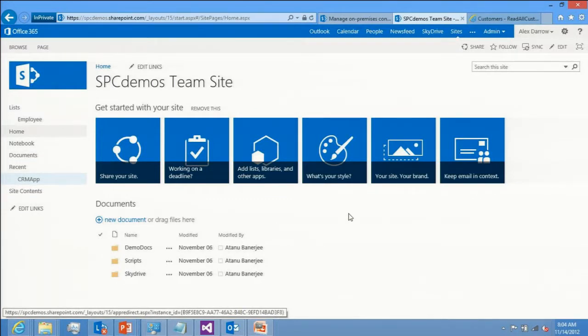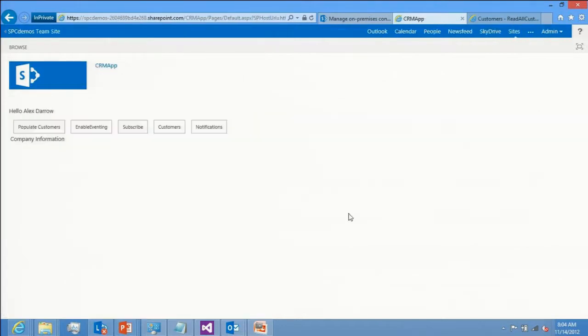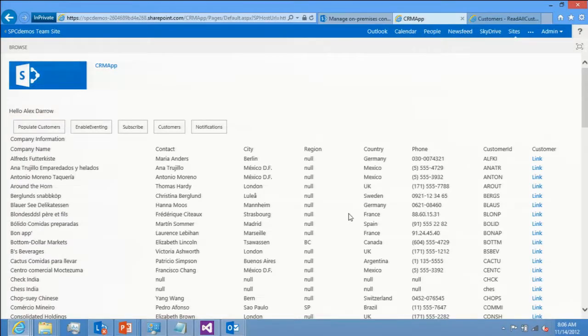And when I drill into that app, it's an immersive app that takes over your screen. It's not the prettiest of apps, but it's illustrated to show that if I click on populate customers, I get a list of customers. Now, what's happened is that this app is running in SharePoint Online. It's used the connection I showed you in the second part of the demo, and it retrieved the list of customers from that on-premises system.